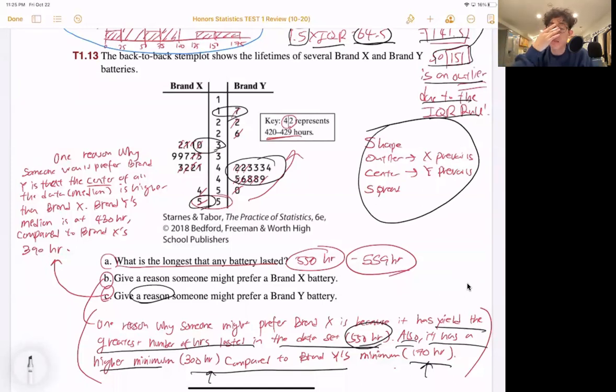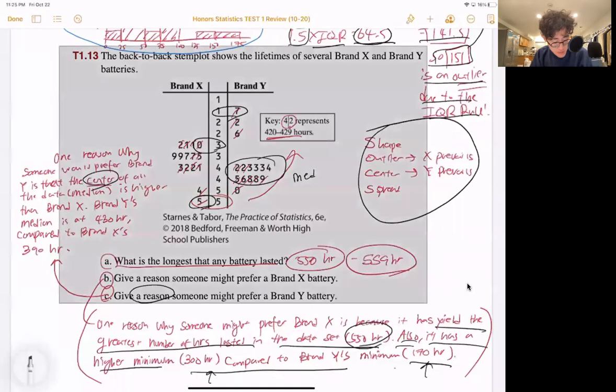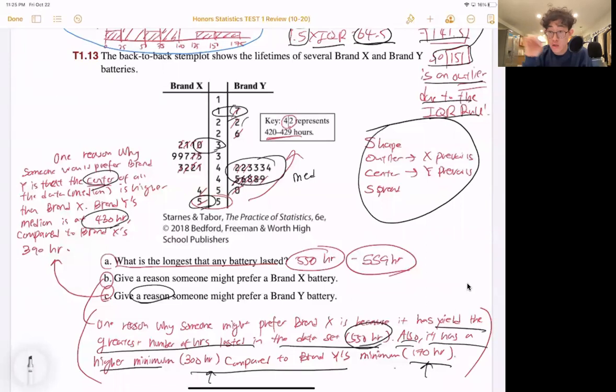The one component that brand Y has over brand X is the center. If you literally calculate the median for brand Y, it's going to be at 430. You cross out numbers from either end, you find that it's 430 hours to 439, just to be more specific. Compared to brand X, you cross out the middle numbers, it's going to be somewhere around here, 390 to 399 hours. So the center is certainly higher, which means you could probably argue that, generally speaking, by average, by picking out the middle one,